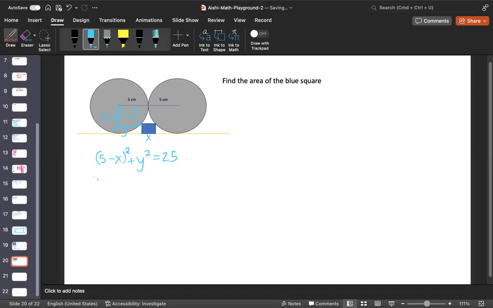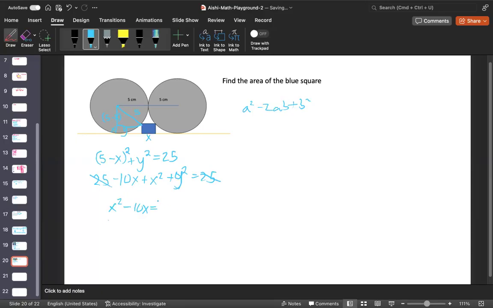We have a minus b squared, which is a squared minus 2ab plus b squared. So we have 25 minus 10x plus x squared plus y squared is equal to 25. We have 25 and 25, we can cross those out, and we're left with x squared minus 10x